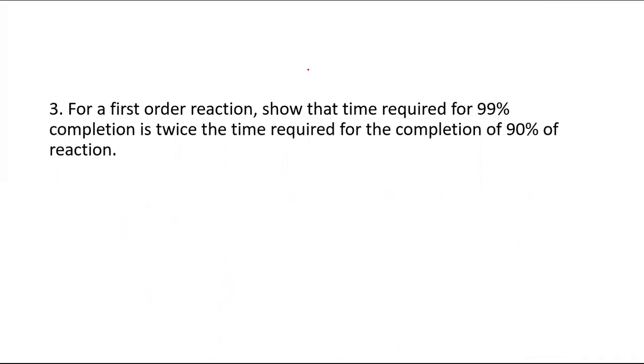Okay. So here is your next problem, which is very, very important. It will be asked for 3 marks. So you just have to practice it and go through how to solve it. Once I show you, later you have to practice it. For a first order reaction, you know the formula: K is equal to 2.303 divided by T log R naught divided by R. Most of your problems will be asked from first order itself.